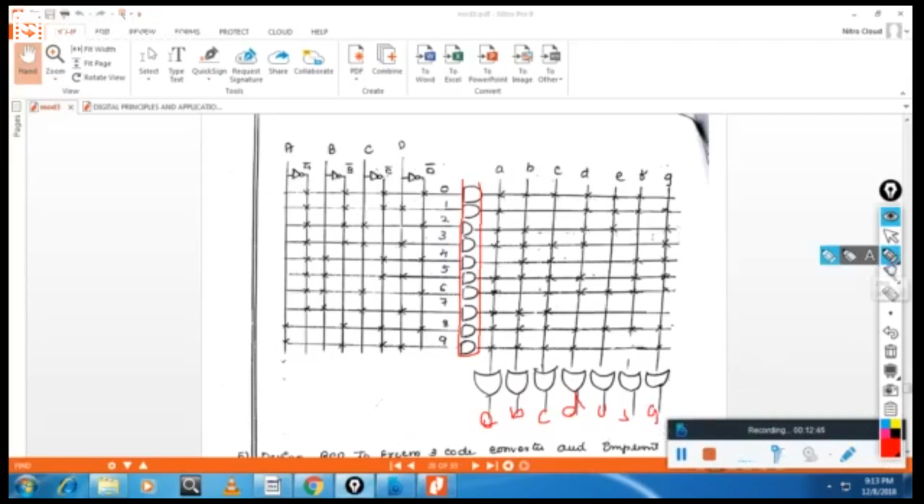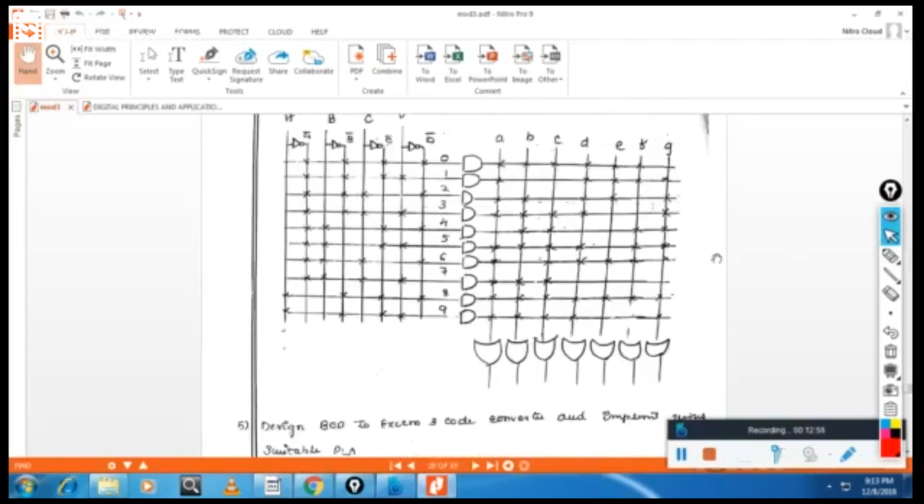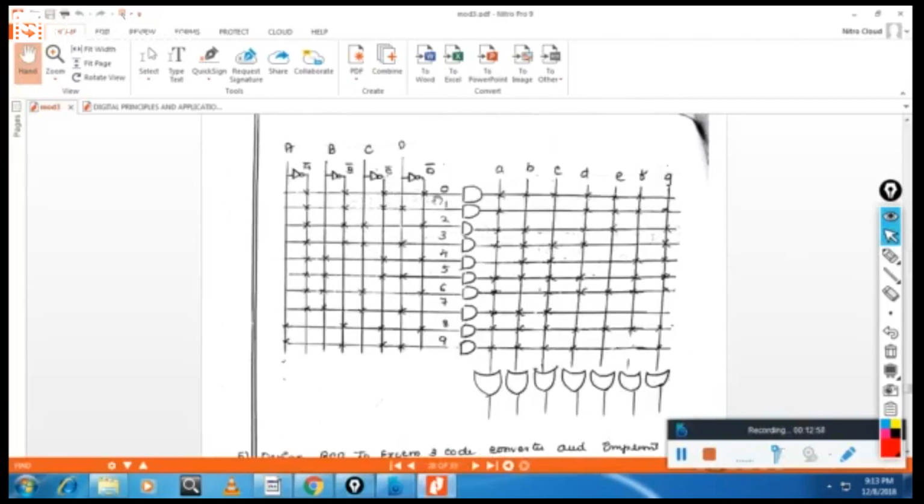Now, the truth table is important here. We will see the truth table. See the truth table here. To represent 0 in 7 segment, 1, 2, 3, 4, 5, 6, 7, right?